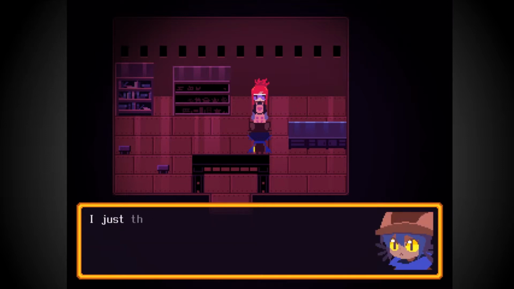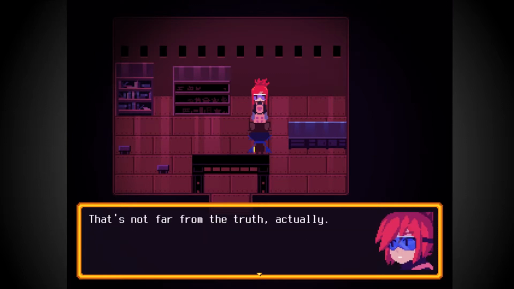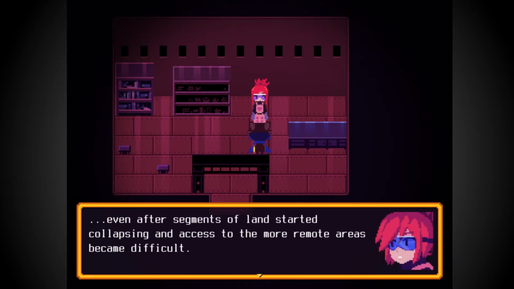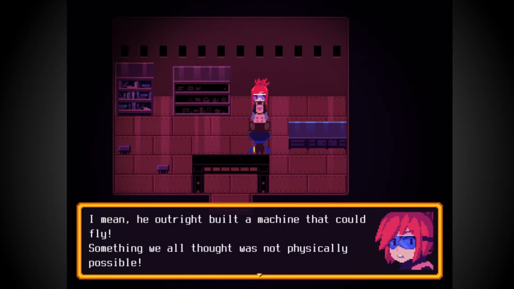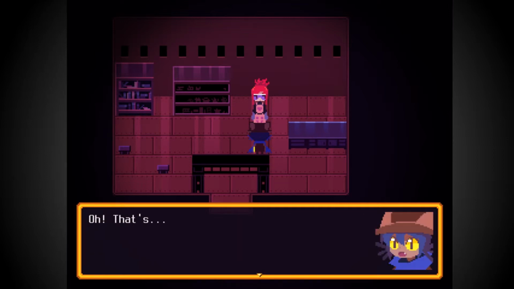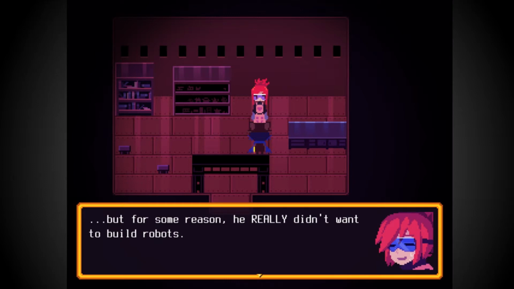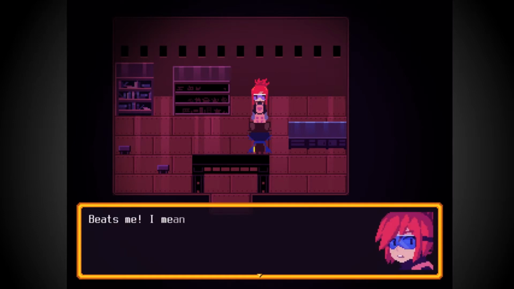Right. I've been seeing robots everywhere. I just thought it was because the world was too dangerous for most people to explore. That's not far from the truth, actually. But I know someone who still does his research firsthand. Oh? Even after the segment of land started collapsing and access to the more remote areas became difficult. I mean, he outright built a machine that could fly. Something we all thought was not physically possible. I asked him about working with us, so he provides us with all sorts of insights from time to time, but for some reason he really didn't want to build robots, or more specifically, coding them. How come? Beats me. I mean, he's happy to work with the robots. In fact, he even